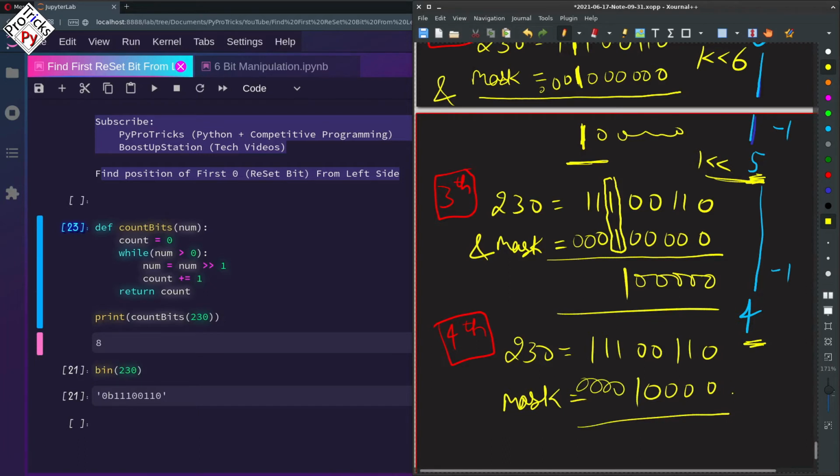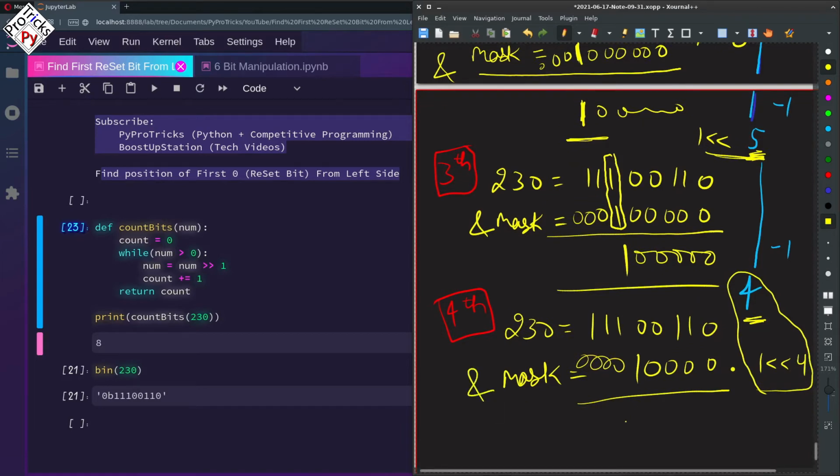We got this mask by 1 left shift by 4 places, right? And now if we do an AND operation between these two, as you can see, we have different values in this vertical line. These are not the same, I mean these are not 1. So the answer comes out to be 0, all others are 0.